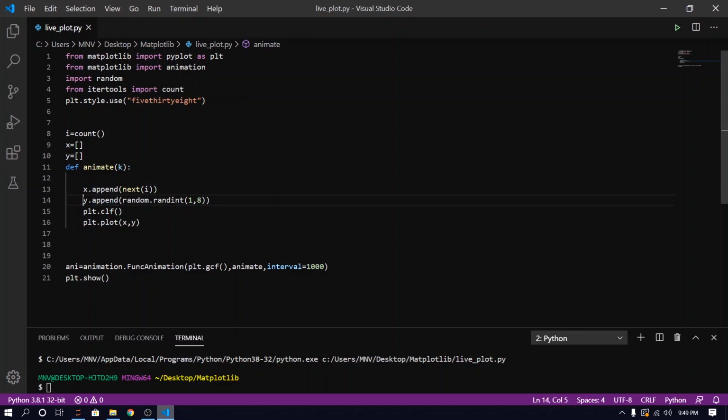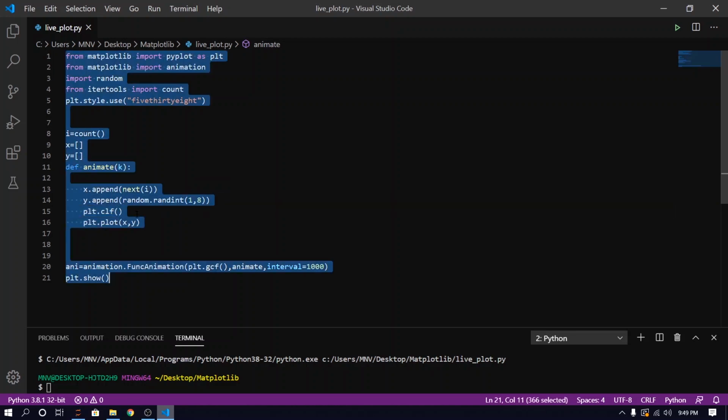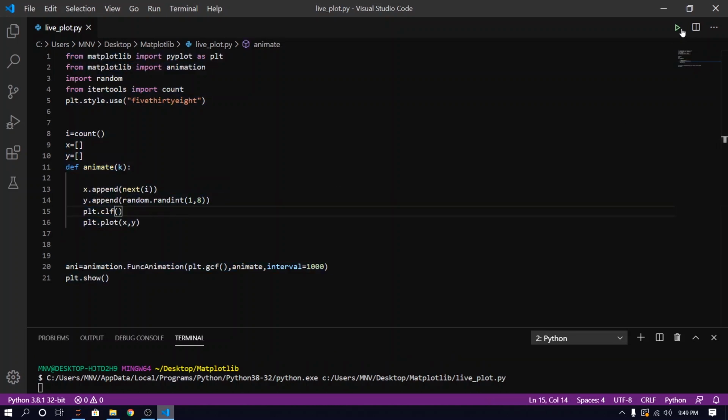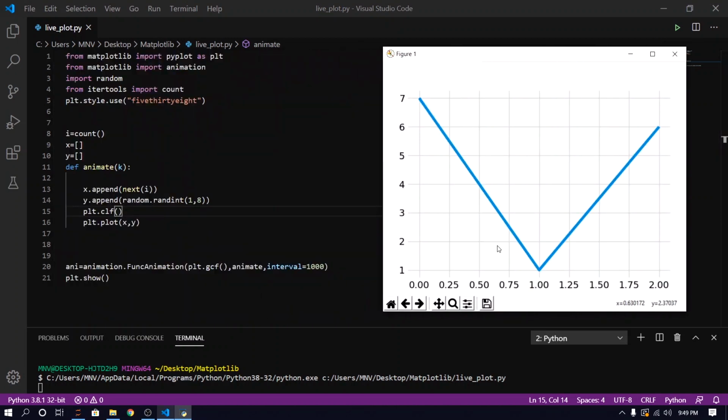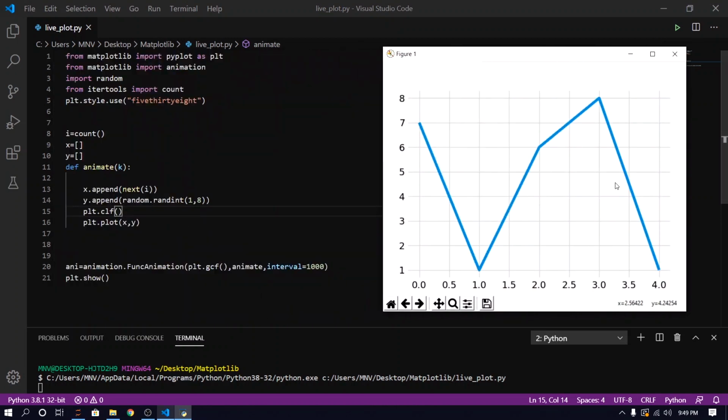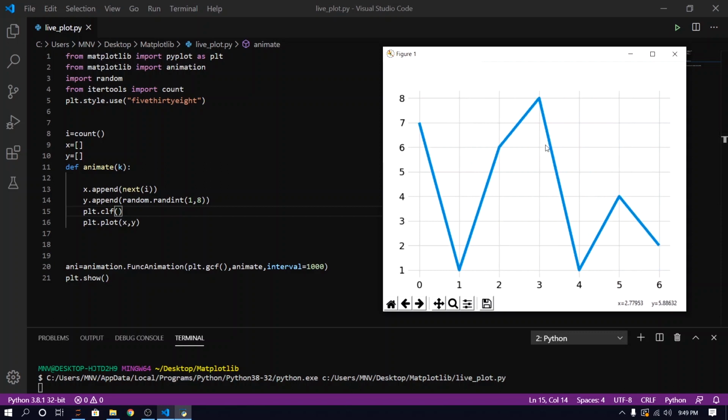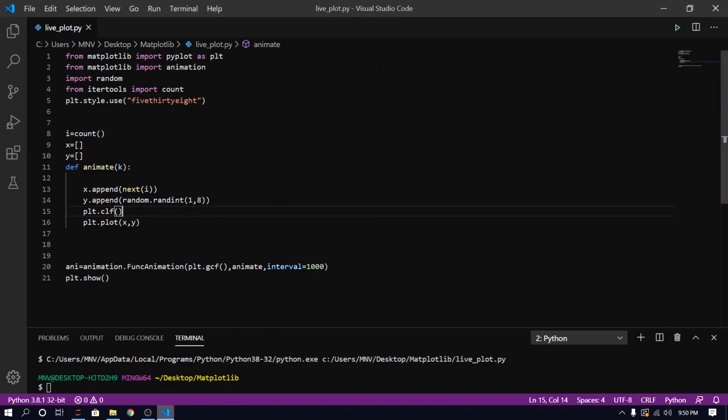In y we added values from random.randint in the range between 1 and 8. The plt.clf is used so that, as you can see, our color is the same every time. That is mainly used to clear the old figure.